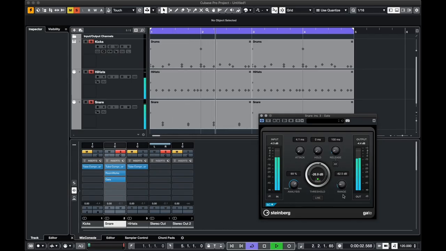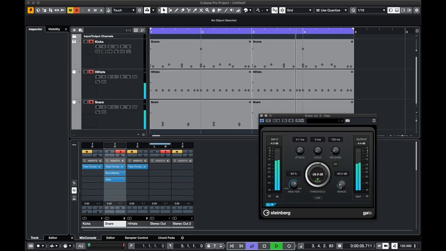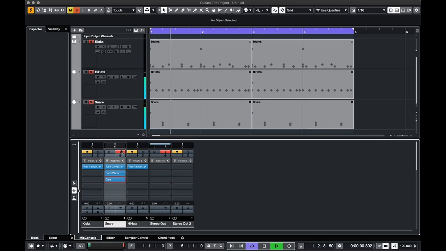So that's sounding okay. We've got an attack of about 4 milliseconds. There's no hold time. The release is around 100 milliseconds. The threshold is set to minus 27-ish, analysis is about 70%, and the range is at 85. Getting the gate to close in a fashion that we don't get that stuttering of the reverb is really what I was trying to get. And it's a finicky little plug-in, and it takes a little bit of finessing to get the sound just right. And if I unsolo,